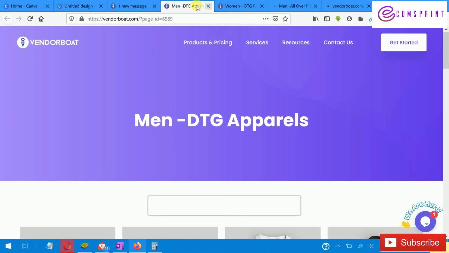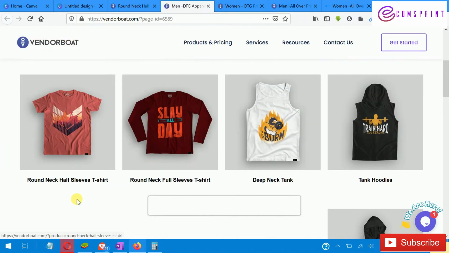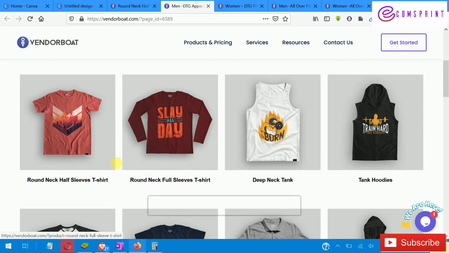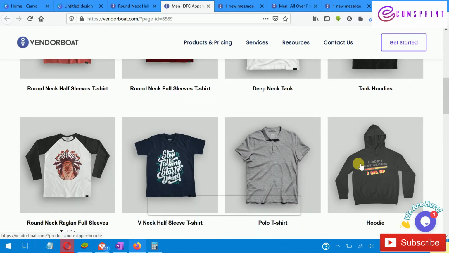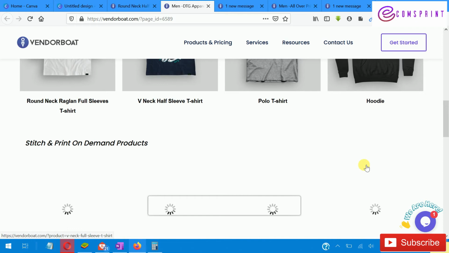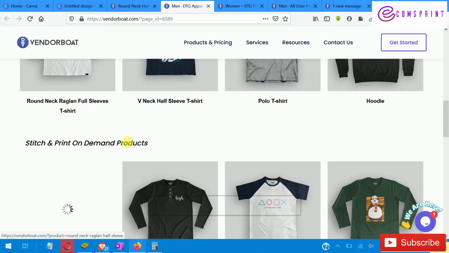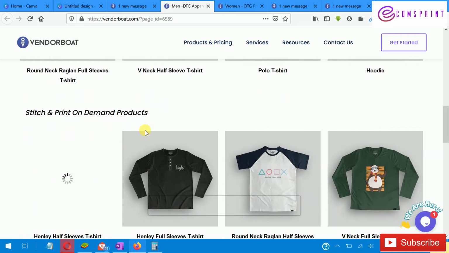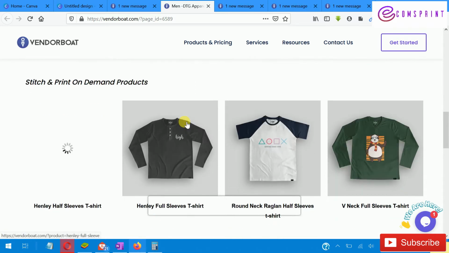In DTZ you have round neck half, round neck full, then deep neck tank, hoodies, round neck t-shirt again, V-neck, polo, hoodies. So these are the kinds of t-shirts available, and they also provide a stitch and print service as well.